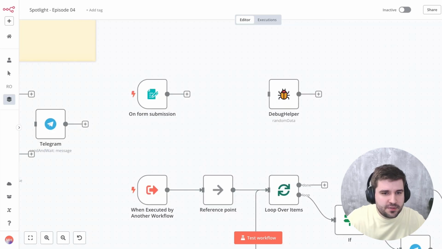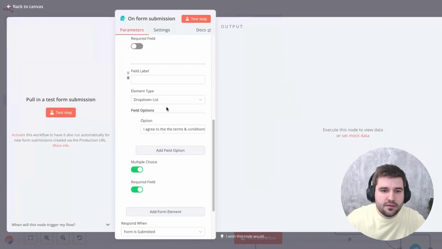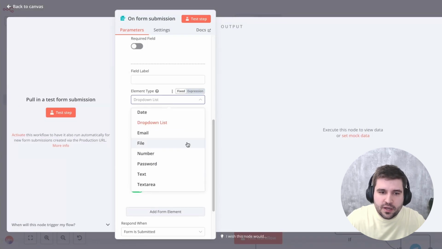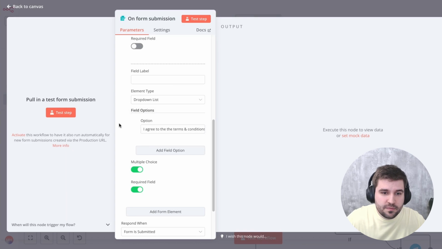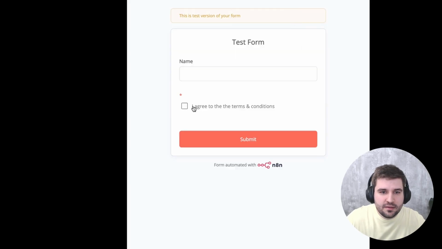Now let me show a couple of tips, starting with form submissions. If you ever wanted to add a checkbox to agree to terms and conditions, that is quite difficult because there is no actual checkbox property available. But there is a hack, which is if you use a drop-down list, then activate the multiple choice option. You can also say it's a required field. Add just one option, which is something like "agree to the terms." And in the field label, you just add a space so it doesn't show up at all. Then it looks somewhat like this. And there you have the option which is required, and the user has to check this, otherwise the form cannot